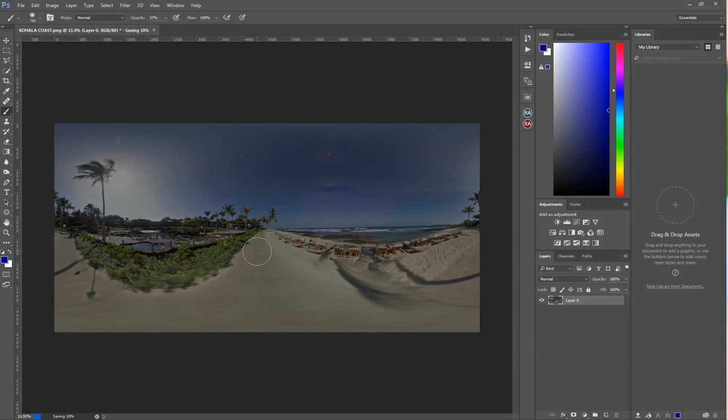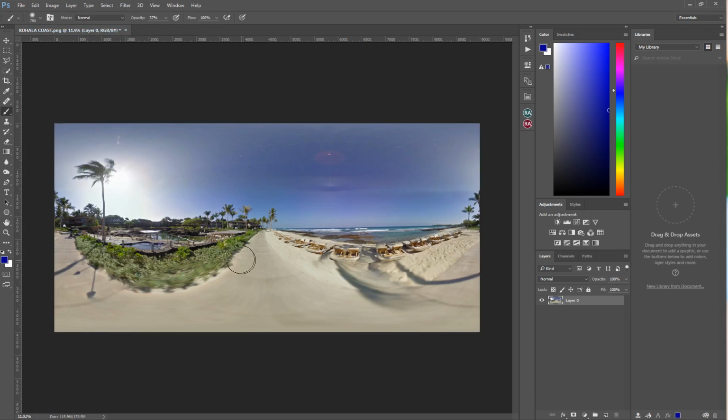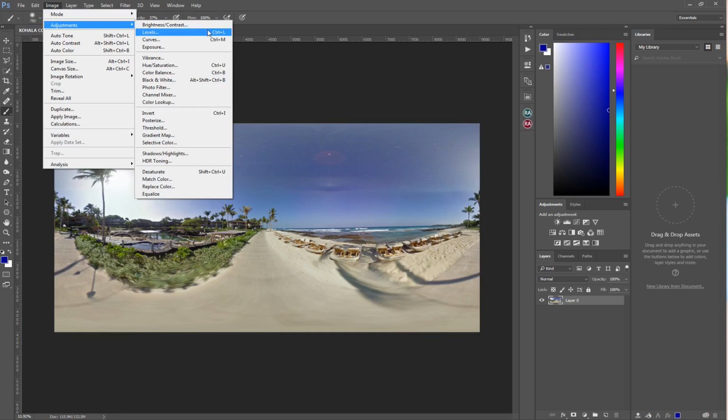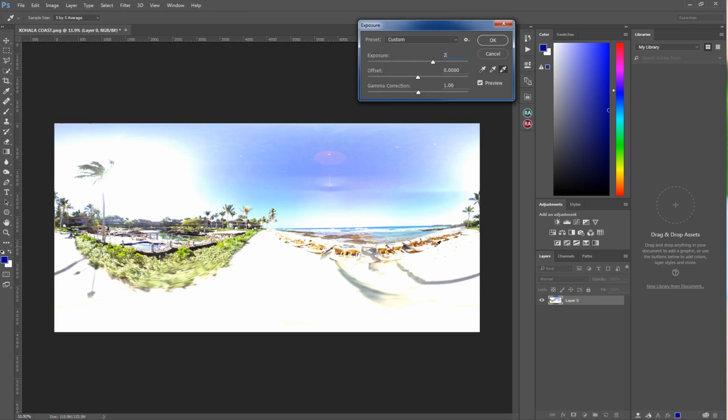It's best to work with PNG here. I'm going to let this finish saving out, and then I'm going to step backwards and go back to where we were, and now I'm going to go adjustment, exposure, and go +2. You can also do this in 4 steps, where you would go -1, -2, and then the original is 0, and then you'd go +1, +2. That gives you a little bit broader range